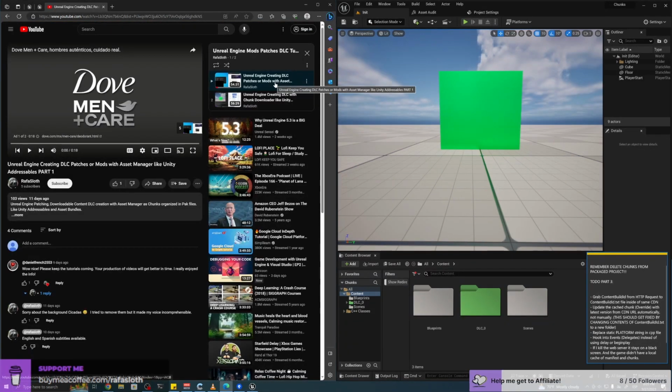So part 1 is setting up Chunk Downloader and just learning how patches or mods in general work in Unreal.